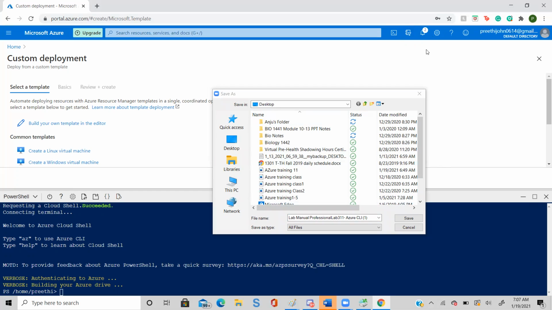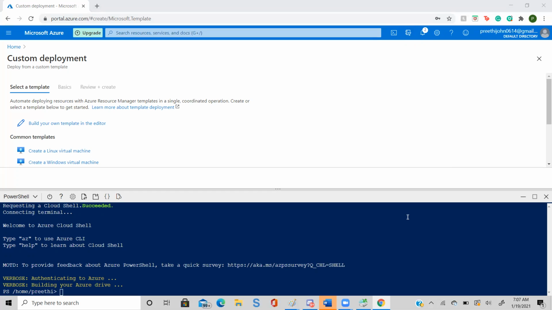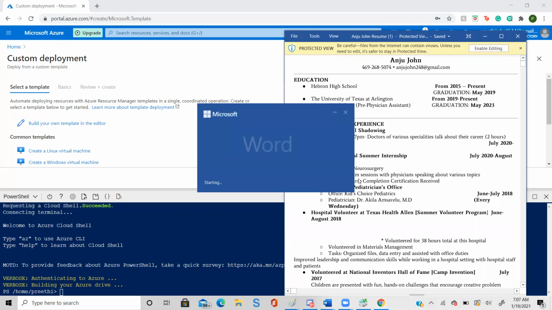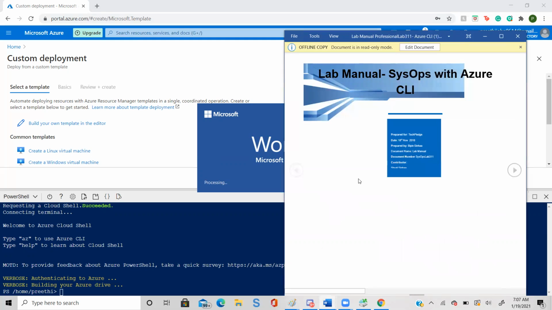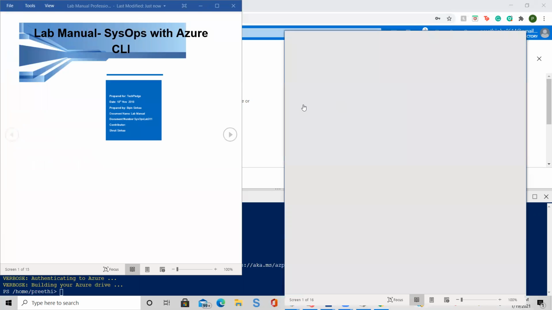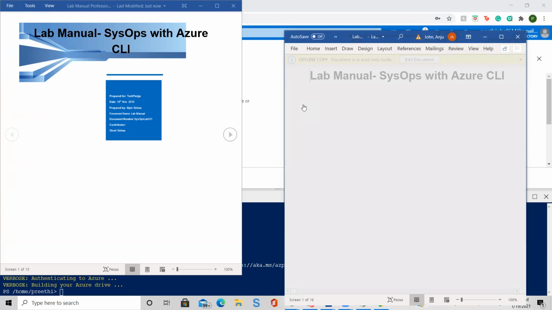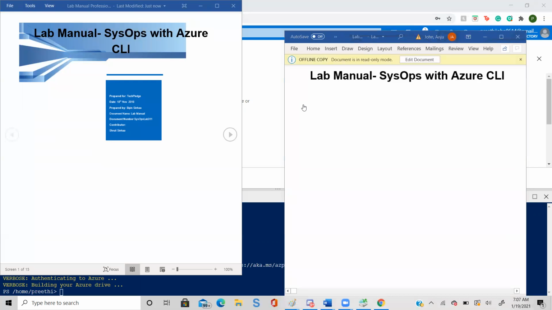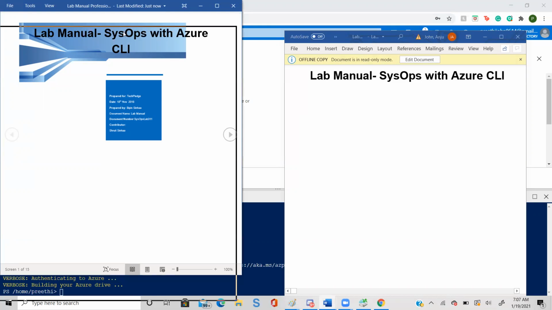Just save it. Open that manual. Click edit content.